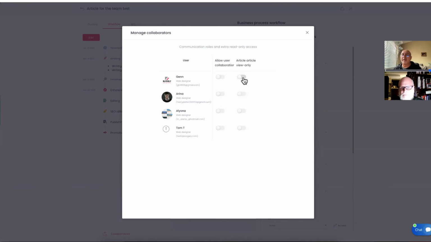Articles are view only. If I give it like this, let's say I give you this, you don't have to have any kind of step. You don't need that, but you will have access to the article itself. Got it, that's the read-only, view-only access. You will not be able to edit it. This case is good if you want to give it to your client and just invite them and say, okay, here you can read it, but don't touch anything. Yeah, don't break it.